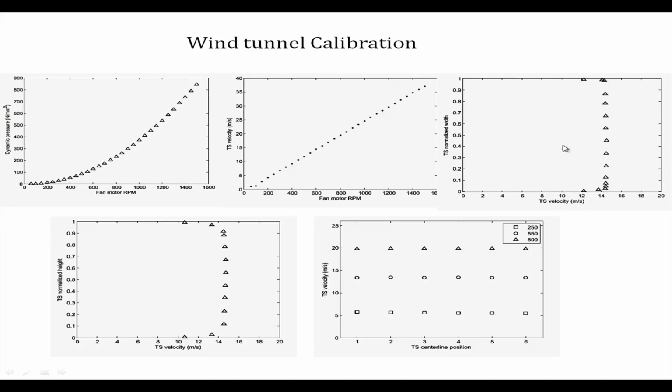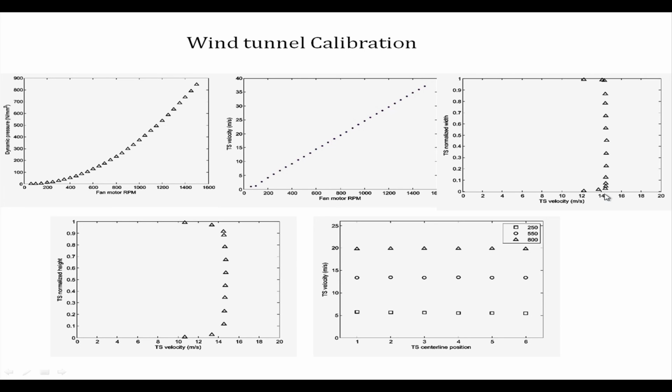If not, then I am going to get very unexpected results. Why? Because part of the model is facing a certain desired velocity, whereas a part of the model is getting much less, which it is not supposed to. Like for example, if you look at this plot, you see the test section velocity,